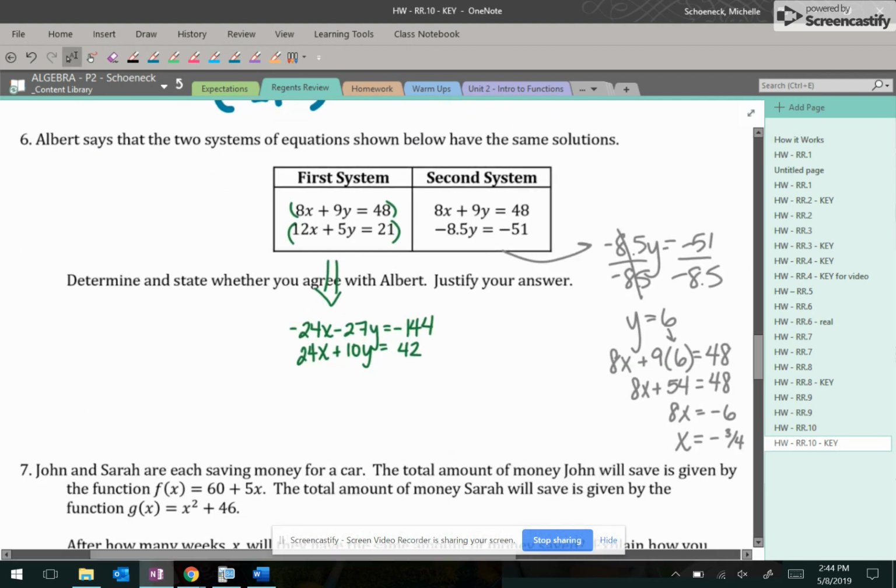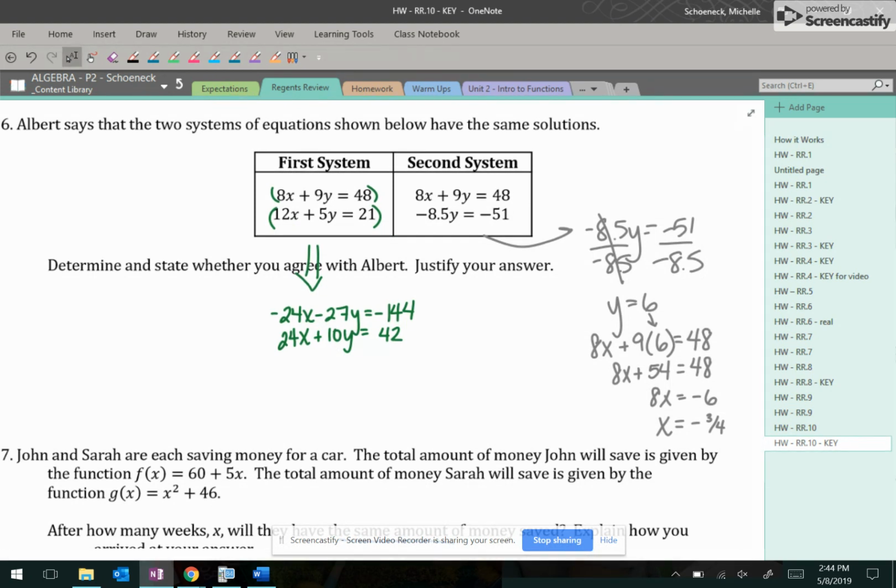Number 6, another system of equations. Albert says that the two systems shown below have the same solution. Okay, well, in gray, you can pause it, but I already solved for x and y here. And I find that the solution for that one is -3/4 for x and 6 for y. Solving for y was really pretty quick in the second system because the second equation only has y's. All right, now